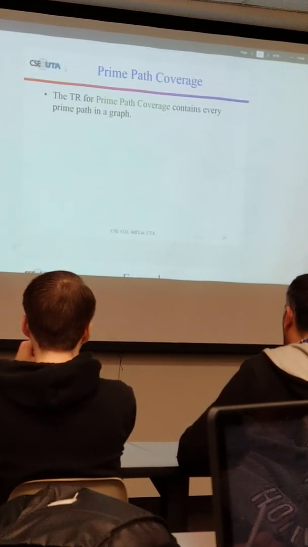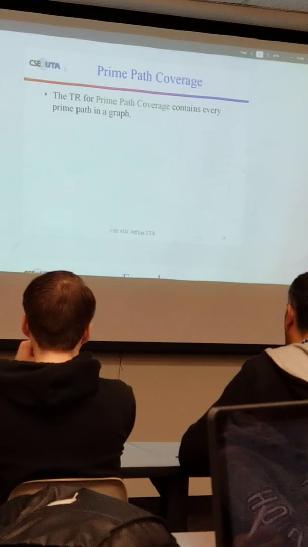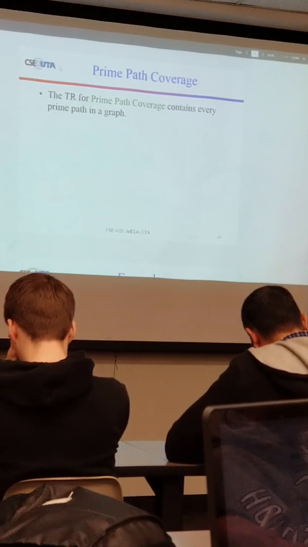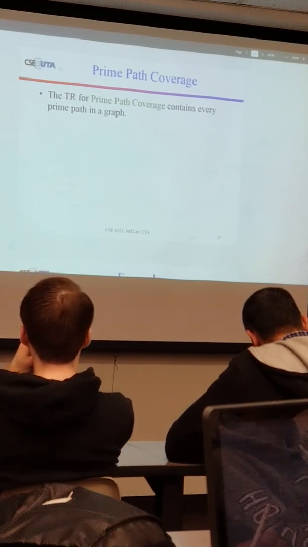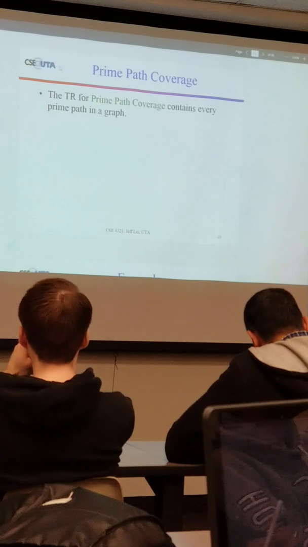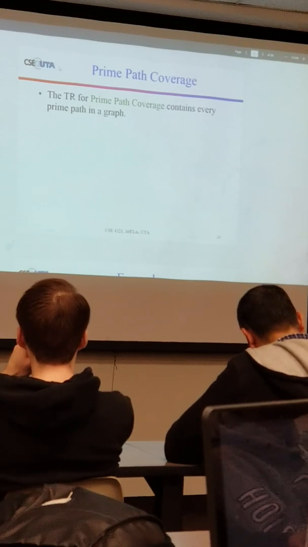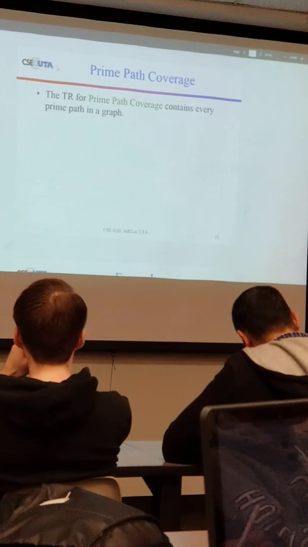Then we have the new coverage right here. Prime path coverage. We are going to try to cover every prime path instead of every possible path. Why would we do that? Can anyone guess? Yeah, with loops. Now it does not allow, at a very high level, internal loops. That will make the number of prime paths finite. If you allow internal loops, you are going to have an infinite